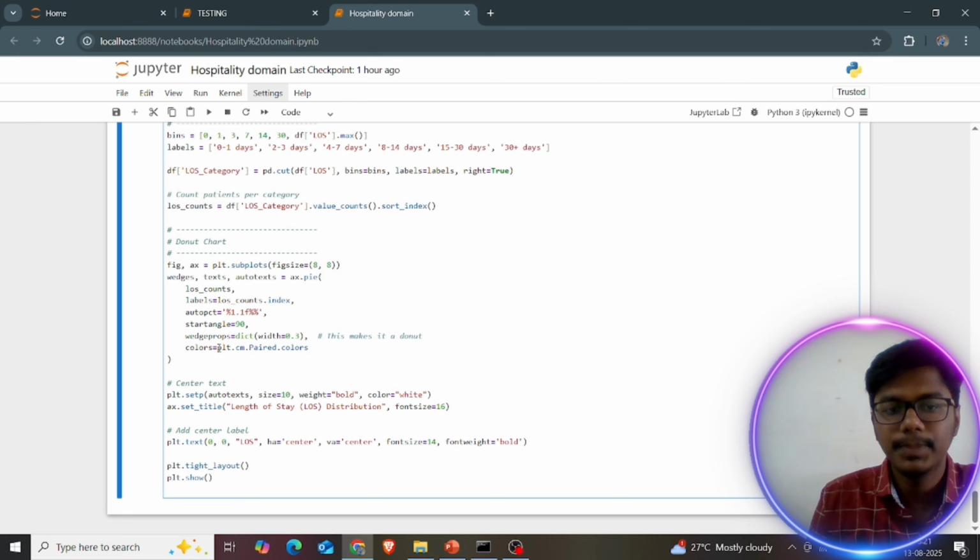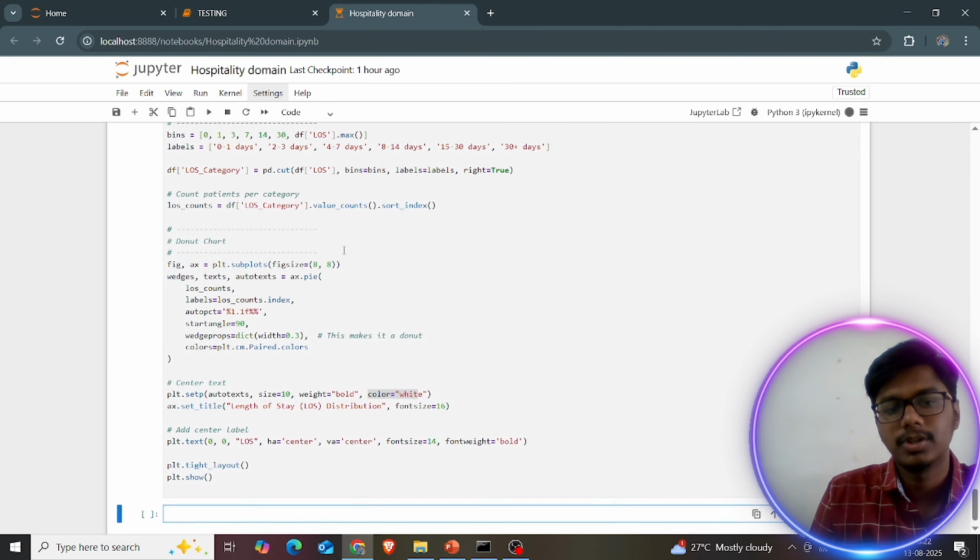Colors equals plt.cm.Paired colors. I'm a big fan of paired colors, so I'm using them. If you want the center text, plt.setp of autotexts with size equal to 10 and weight equal to bold. I want the color to be white. It's a basic thing. Then the title, which I already explained. So if I run this code,